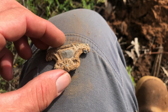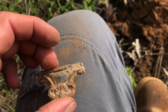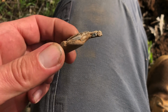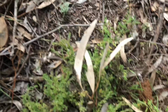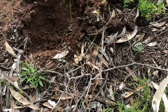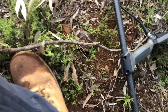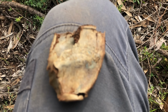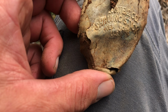But anyway, I don't think I'll bother taking it home. It's just, you know, flaking to bits, so yeah. Anyway, 14-15 here, just that far away from where I got that other bit of trim, that leg thing or whatever it is, flaky thing, and we've got that one, which says,